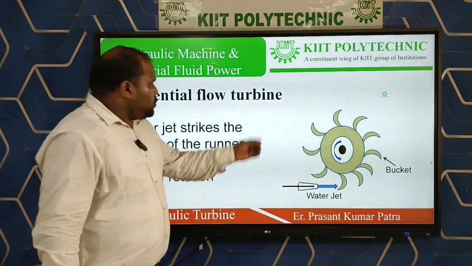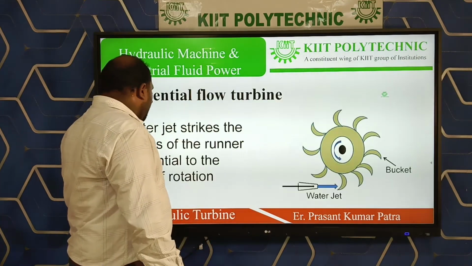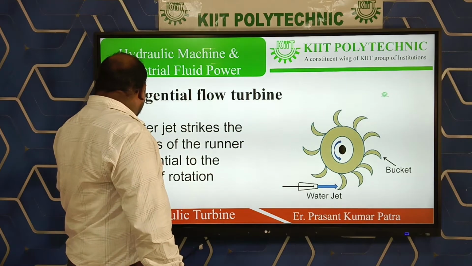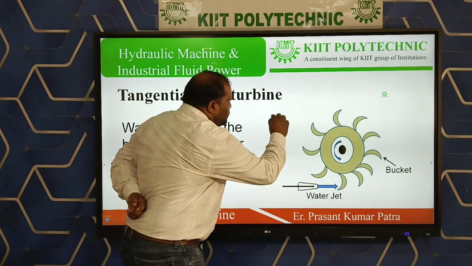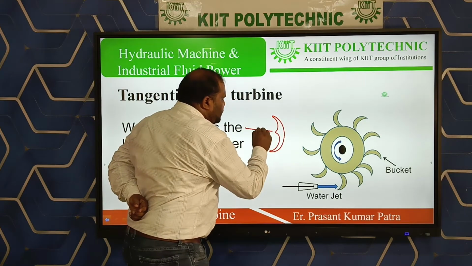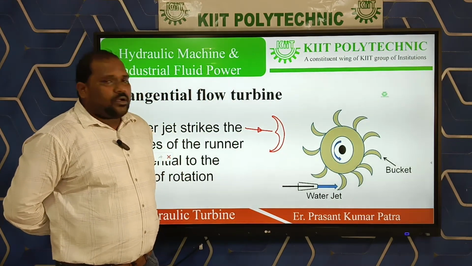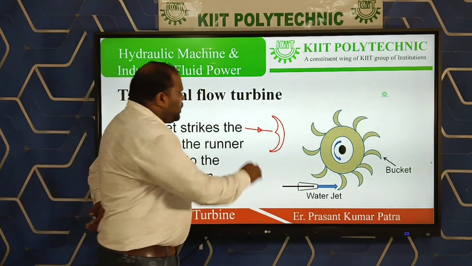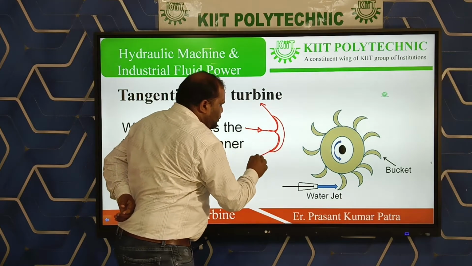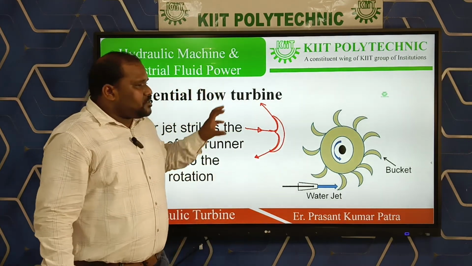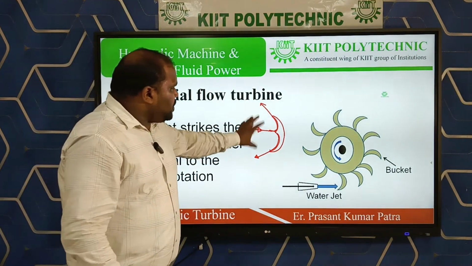mechanical energy. So in this case, particularly when the water strikes, what happens? The bucket is like this. When water strikes, this is the direction of flow of water, and this is not water, this is the jet of water. When water strikes at this point, it exits like this, and this is the simple direction of flow of water in the bucket, and depending on this, we can say